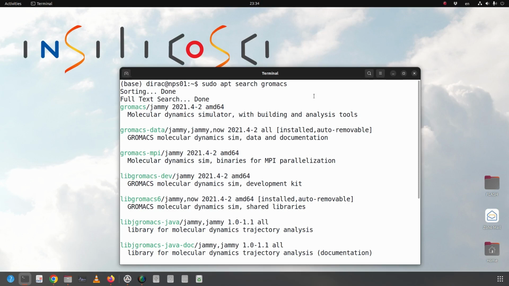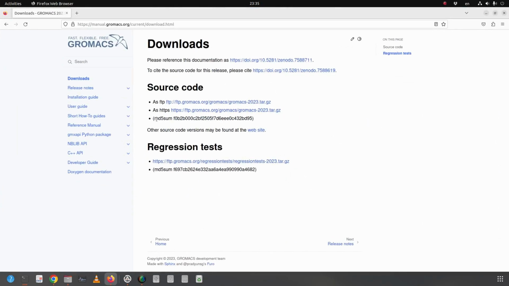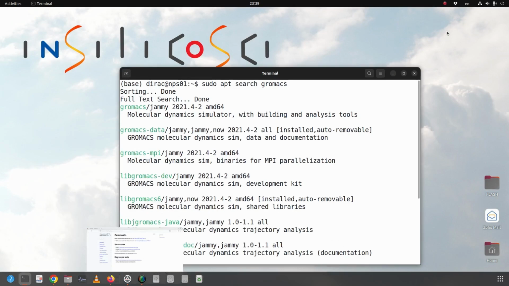However, if you want to have the latest version of GROMACS, you need to download the source code from the official GROMACS website and compile it for yourself. I'll show you how to compile the GROMACS source code later in this video, but for now let's practice the easier method.